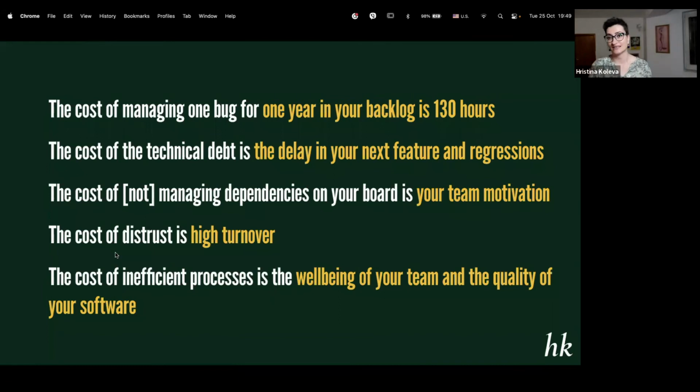It might not be our exact next feature. It could be something in two to three months, and that's why we don't care about it right now, but it will delay us. The delay could be severe, and we will not have the capacity to deal with it because our code base is not as clean as it could be.